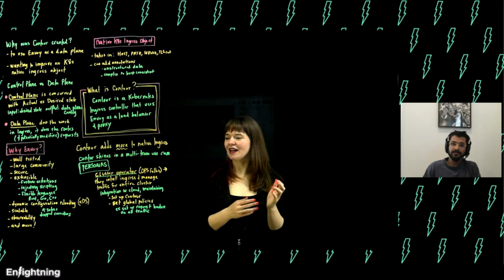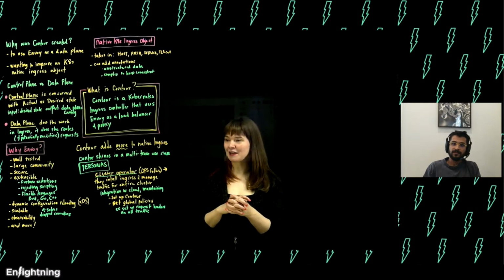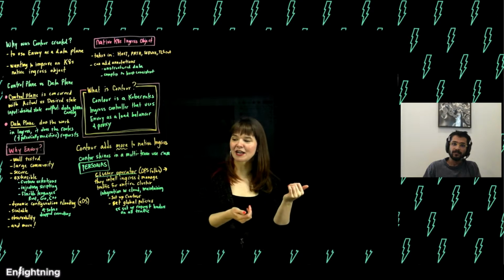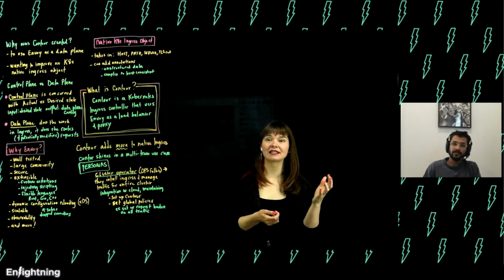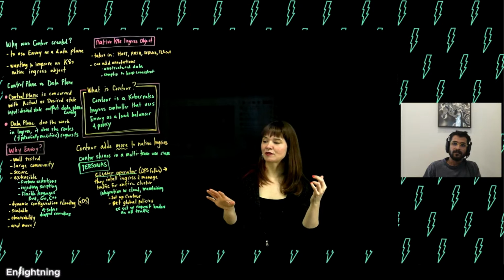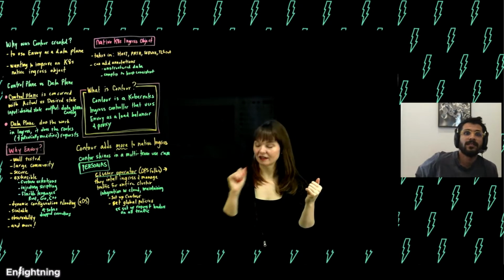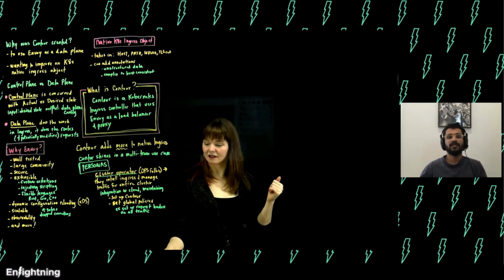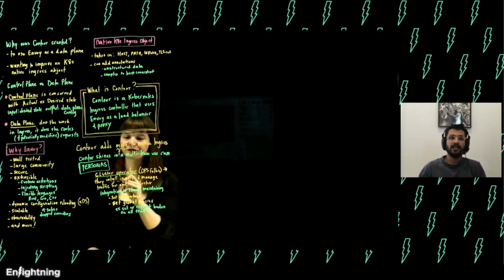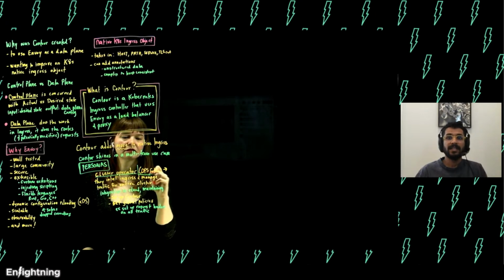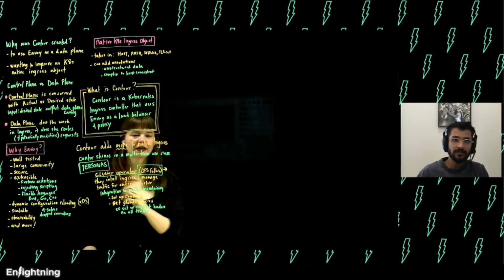Okay, so we're talking about our personas. We have our cluster operator persona who installs, they set up Contour, and then they can set global policies. Is there something else we want to say about our operator persona? Not for now. I think we can probably move on to another key persona, which is the application developer persona.